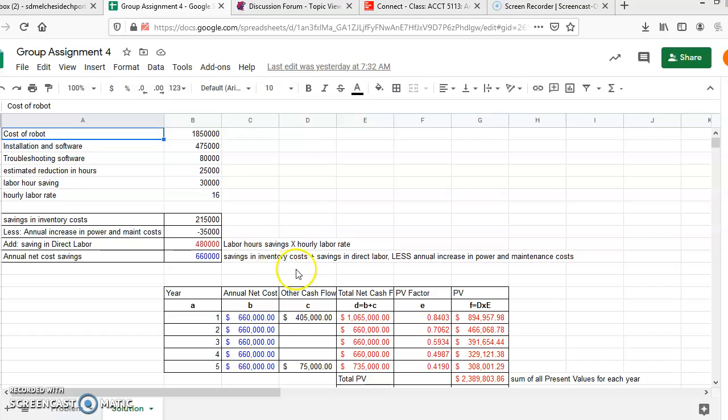Savings in inventory costs plus savings in direct labor, less the annual increase in power and maintenance costs, was $660,000. All of this came to the annual net cost, which is here in B. Other cash flow, total net cash, F, PV value, the PV factor and the PV were all figured. B was provided,